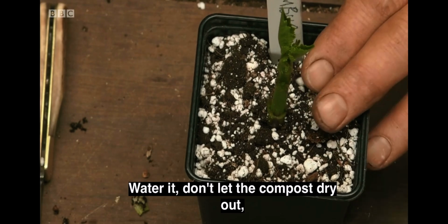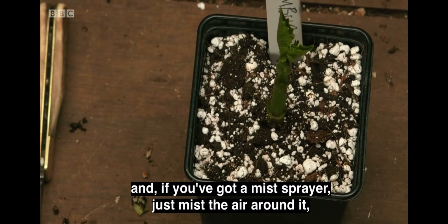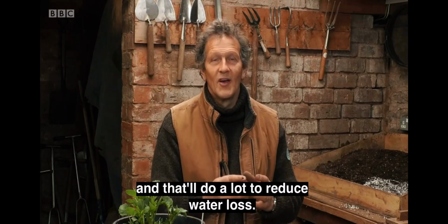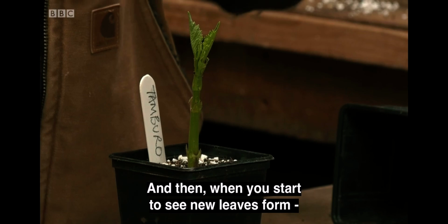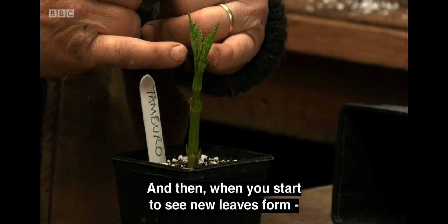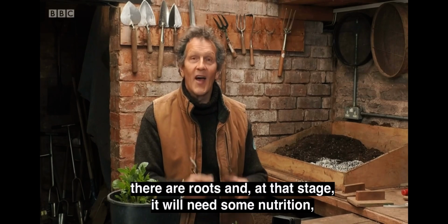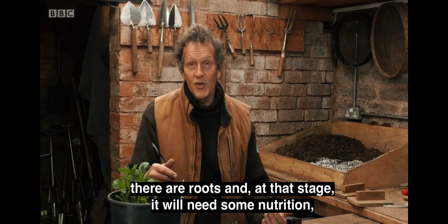Water it, don't let the compost dry out. And if you've got a mist sprayer, just mist the air around it, and that will do a lot to reduce water loss. And then when you start to see new leaves form, and that should happen in a couple of weeks' time, you know there are roots, and at that stage, it will need some nutrition,